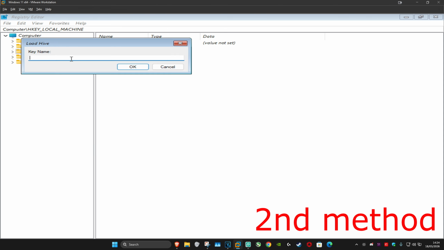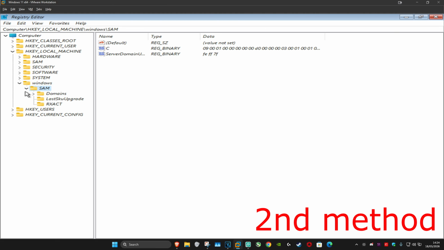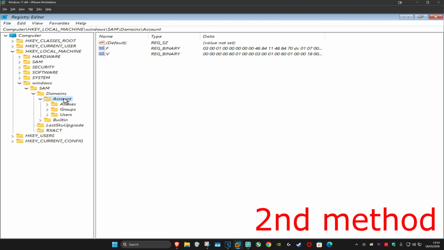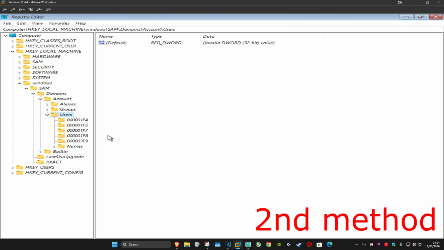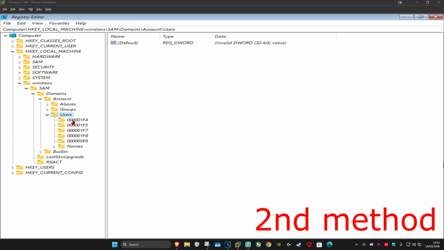You can name this anything you want, just call this Windows for example, and then click on OK. Next, you want to expand HKEY_LOCAL_MACHINE. You should be seeing a folder with the name that you chose earlier. You want to expand that folder, then expand SAM, expand domains, expand account, expand users. You can make this bigger on your screen if you can't see properly. You want to find this folder